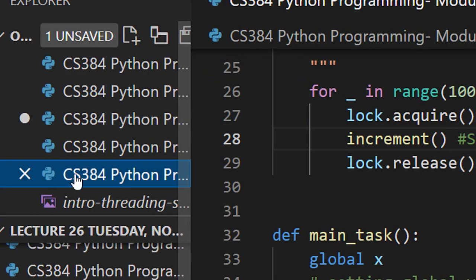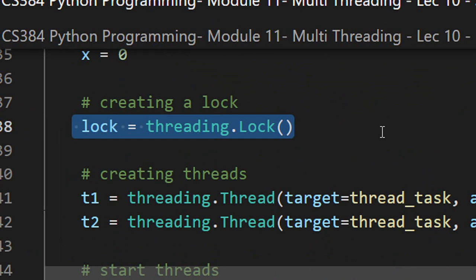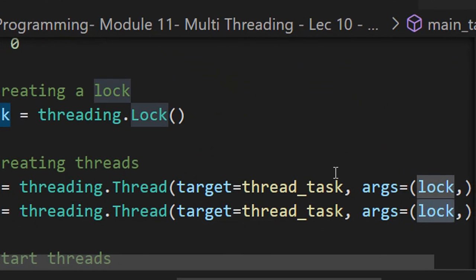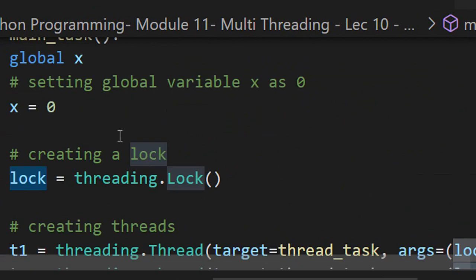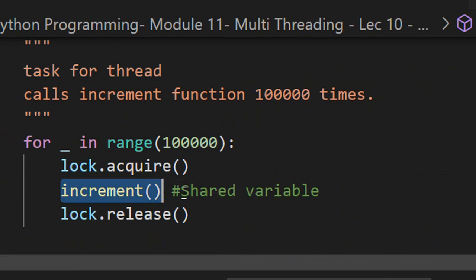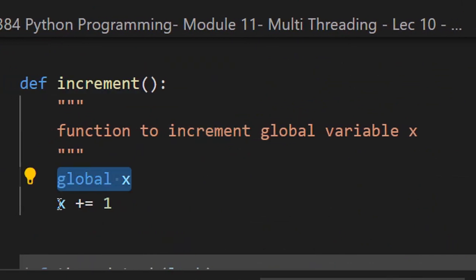So I hope things are clear. You can just try to execute this code. You can see I just added lock here. I am passing the variable lock in both the threads. Even if you have k threads, you can pass the lock to k threads. This function increment is using a global variable which is incremented.